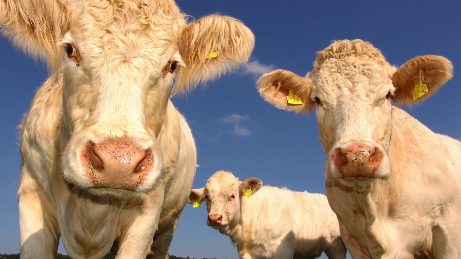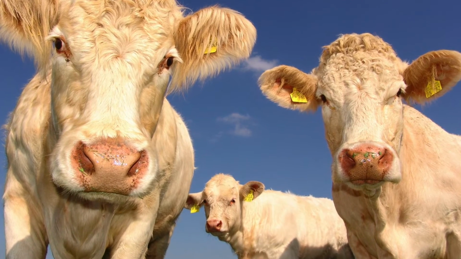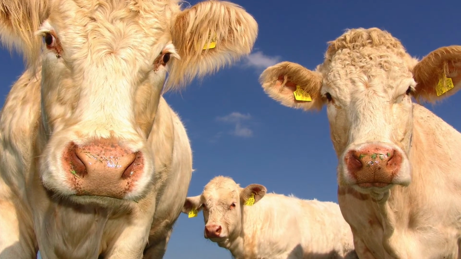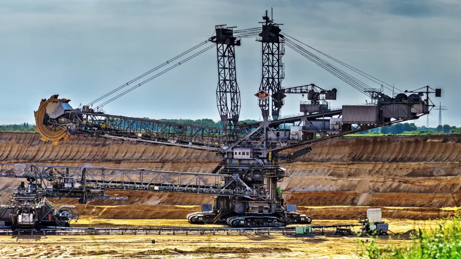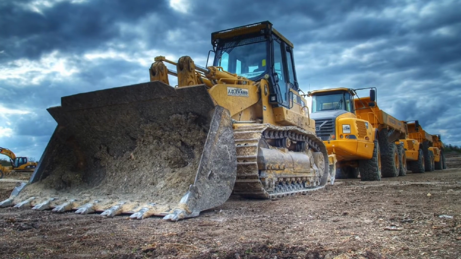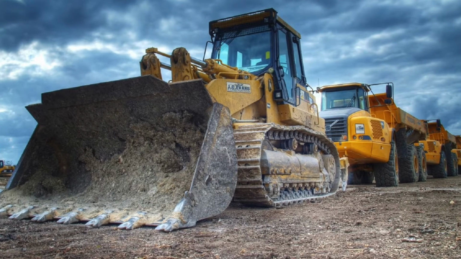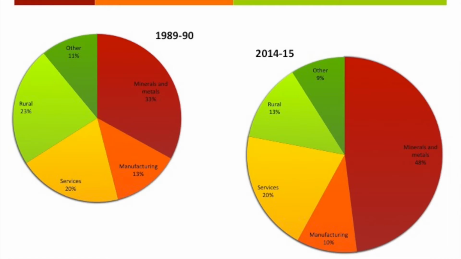Australia's exports are typically composed of agricultural products such as wheat, wool and beef, as well as minerals, natural resources such as coal, gold and iron ore. The composition of Australia's exports has changed significantly in recent years. Australia's manufacturing and agricultural exports have declined in importance. Australia's mineral and commodity exports have increased in importance, particularly due to the mining boom.